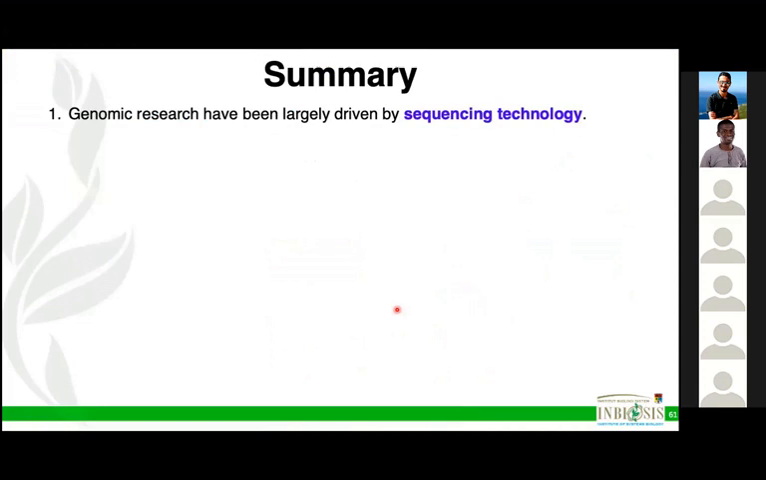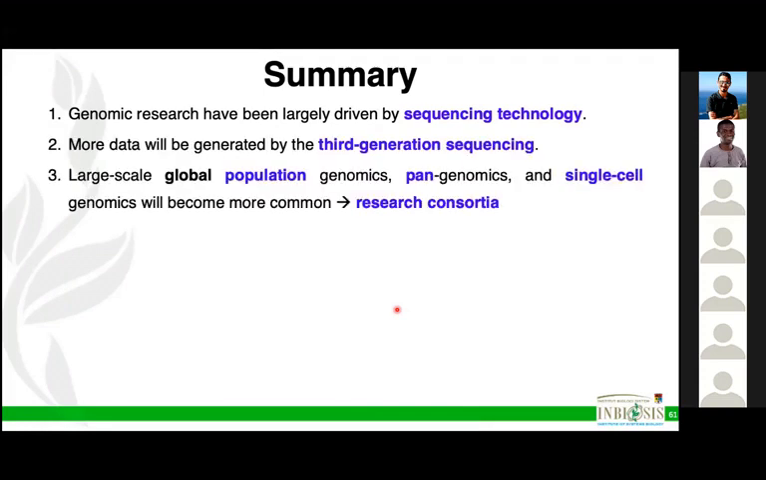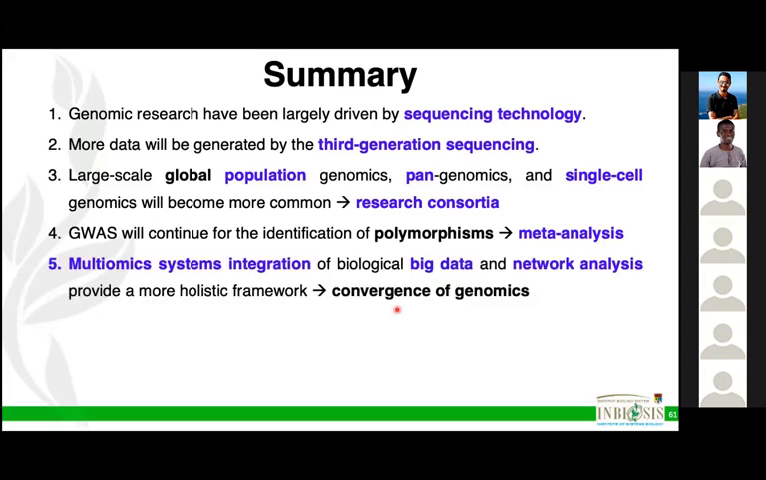Okay, to summarize this part of the talk about the trends: genomic research has largely been driven by sequencing technology. More data were generated by third generation sequencing like Nanopore and also PacBio. Then we have large-scale global population genomics, pangenomics, and single-cell genomics becoming more common with research consortia. Then GWAS will continue for the identification of polymorphism, and is moving toward meta-analysis. Multiomics systems